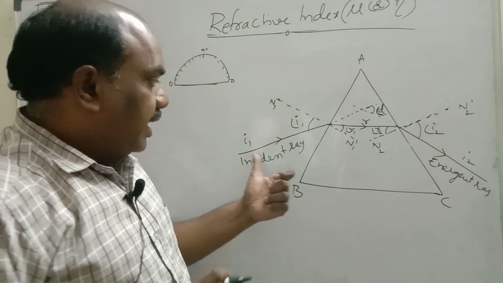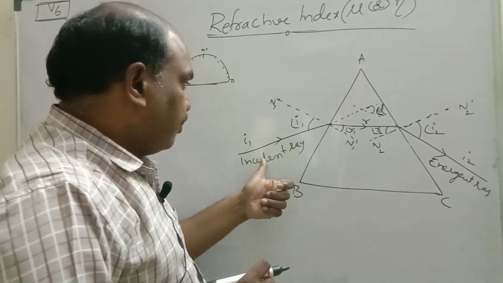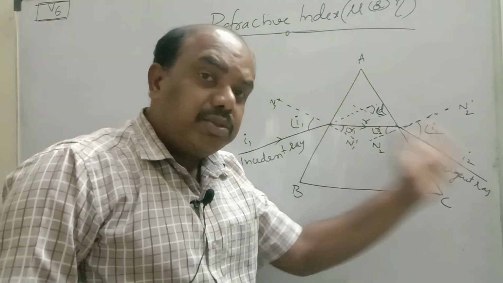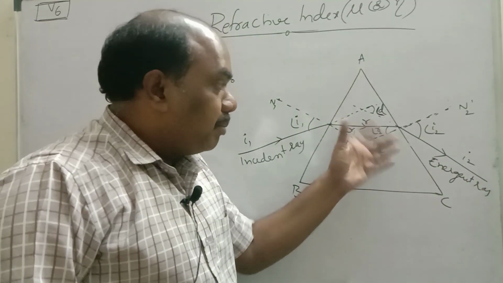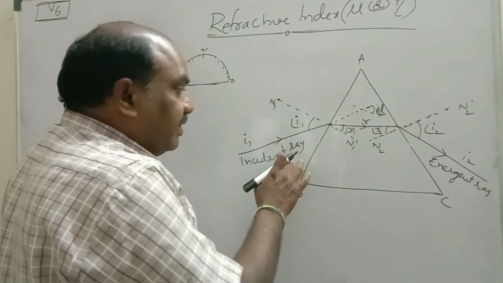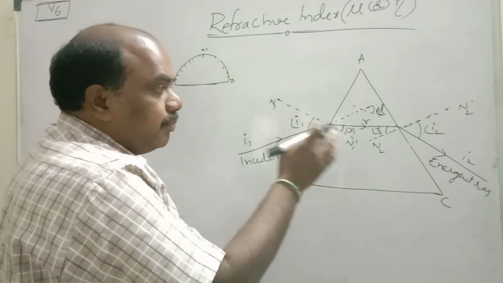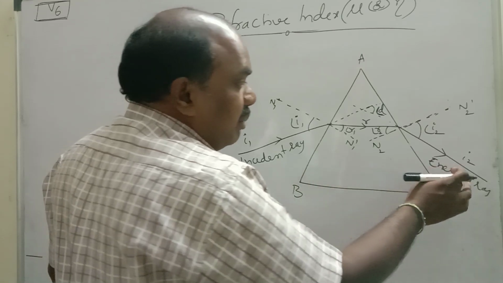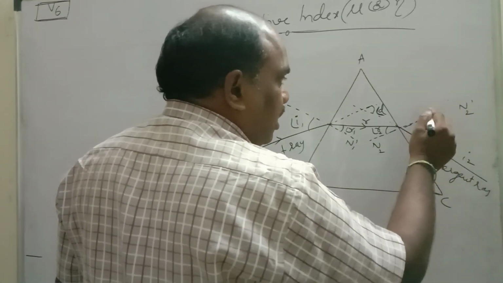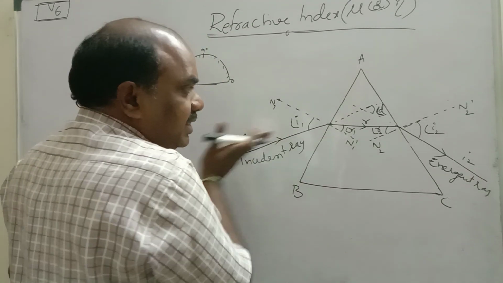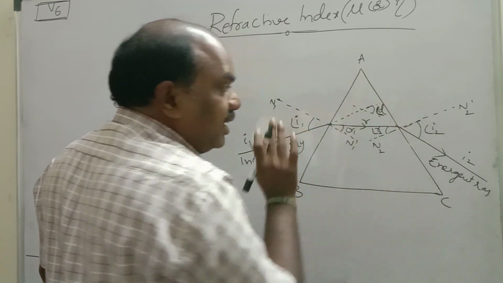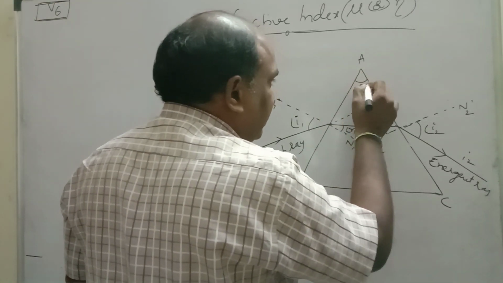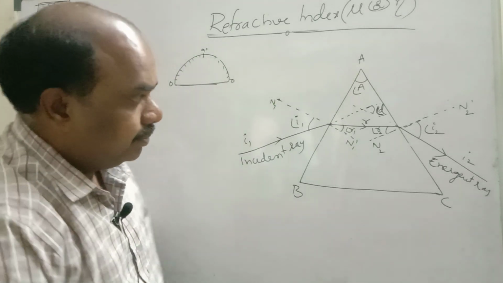Once again, incident ray means the ray coming from the source of light. Emergent ray means the ray which emerges from the prism. Once it comes out from the prism, it is called the emergent ray. Inside the prism it bends; this is called the refracted ray. The incident ray makes an angle with the normal, the angle of incidence. The refracted ray makes two angles with two normals: the angle of first refraction and the angle of second refraction. The emergent ray makes an angle with the normal, called the angle of emergence. If you extend the incident ray and emergent ray, the angle between them is called the angle of deviation. The angle made by AB and AC at vertex A is the angle of prism. Angle A is the angle of prism.